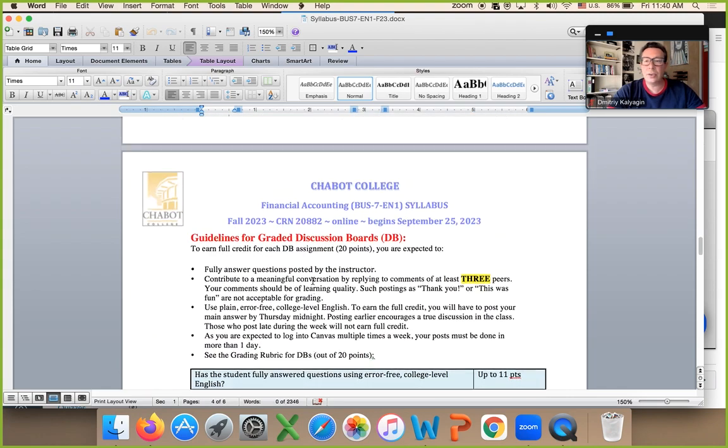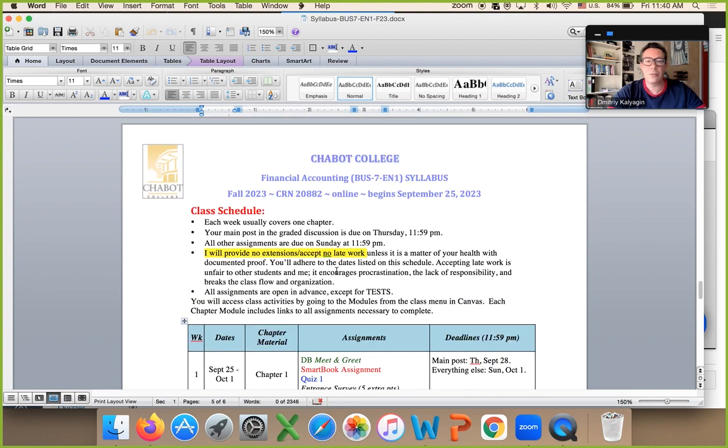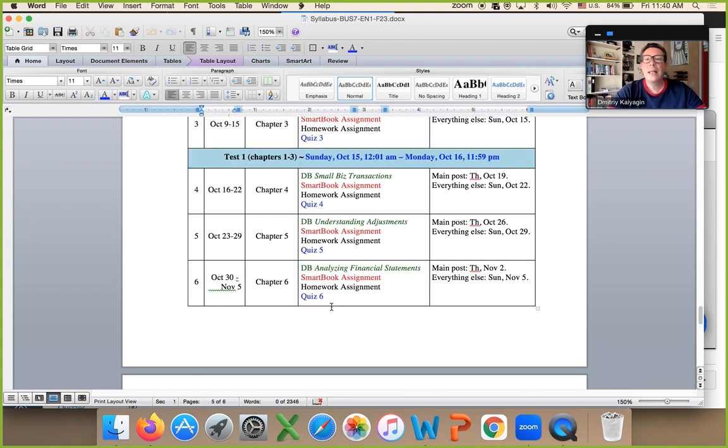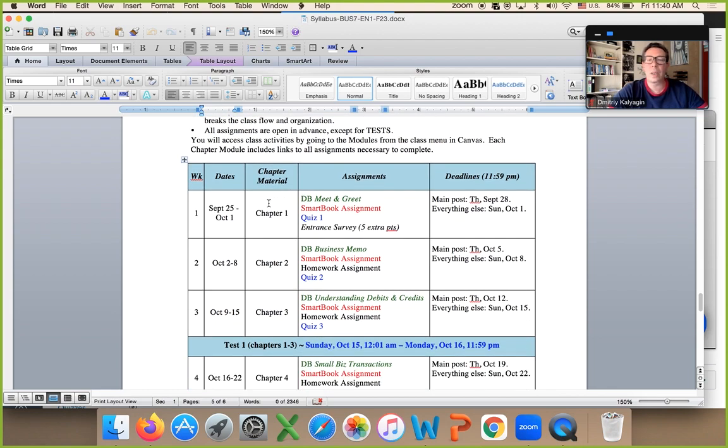And then the last 2 pages, so page 5 and 6, right here. This is the class schedule. So I actually printed it out and put it on the wall of my office, kind of mark it off. This is how the schedule shows you all the dates, the deadlines, assignments, things like that. So pretty much we have 11 chapters to cover. Every week we cover 1 chapter. Every chapter we have 4 assignments due.